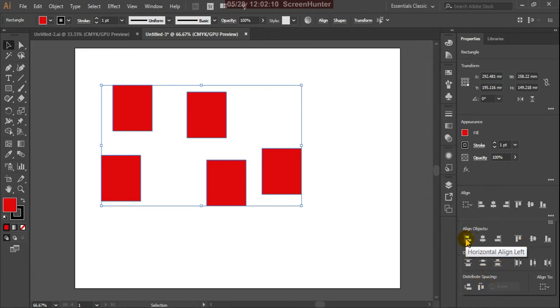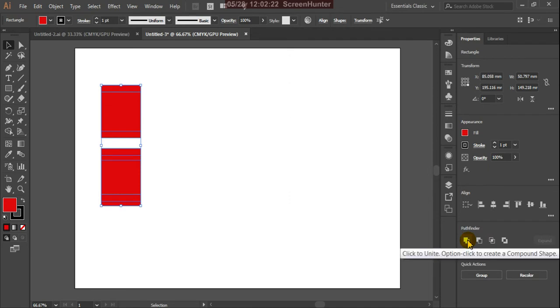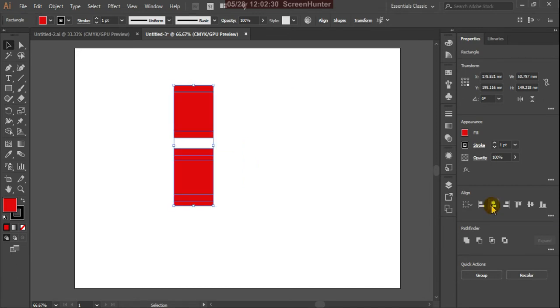Here we have align objects, distribute objects, and distribute spacing, and here I am giving align objects. This is horizontal align left, so these are the left alignment, Control Z. Here is horizontal align center, this is center alignment.